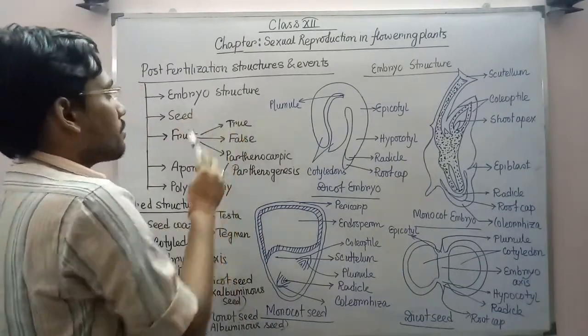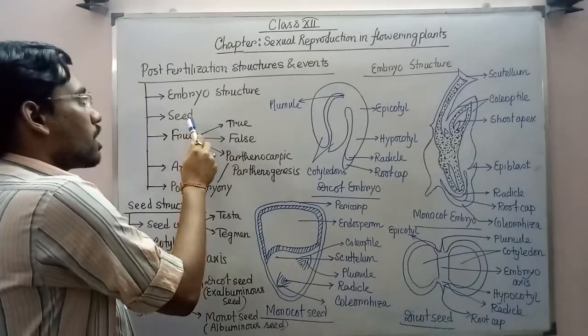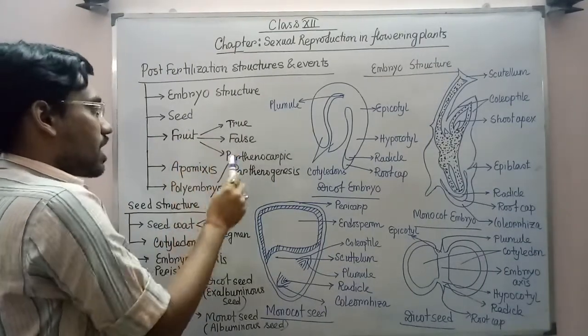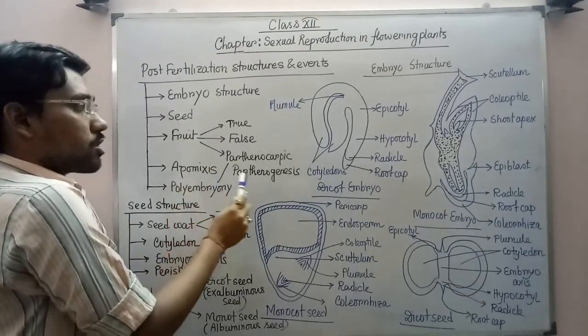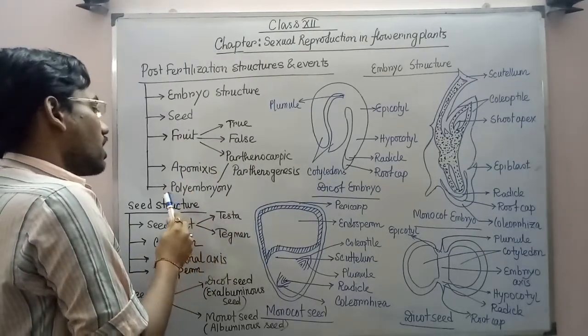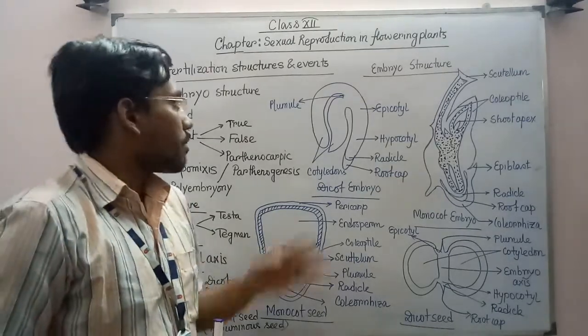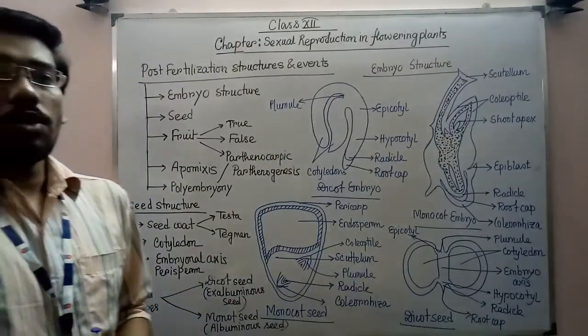That is, first one, the embryo structure. Second one, we have to discuss the seed. Then we have to discuss the fruit and its types. Fourth, apomixis or parthenogenesis, what is that? And fifth, polyembryony. So first, when we are starting with the embryo structure, first of all we all know that